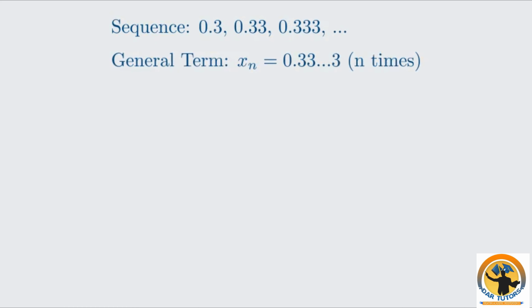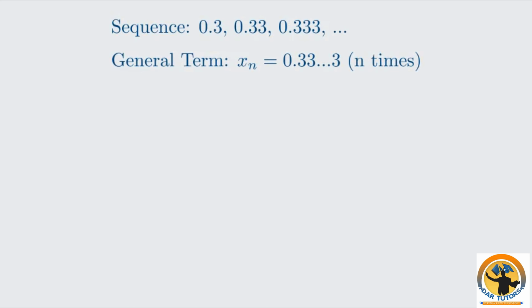Let's begin with an intuitive idea of what a limit is. Imagine a sequence of numbers that gets closer and closer to a specific value. Consider the sequence 0.3, 0.33, 0.333, and so on. This sequence can be defined by the general term x sub n equals 0.3 repeating n